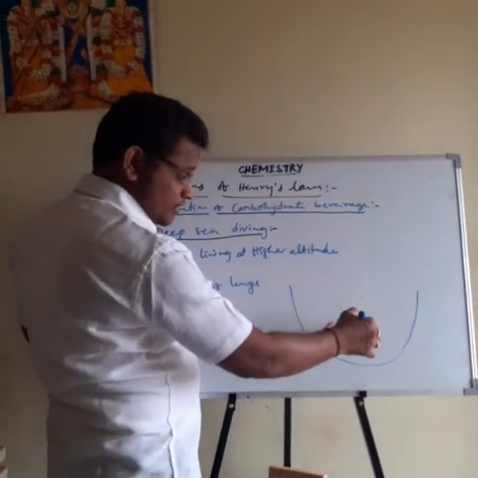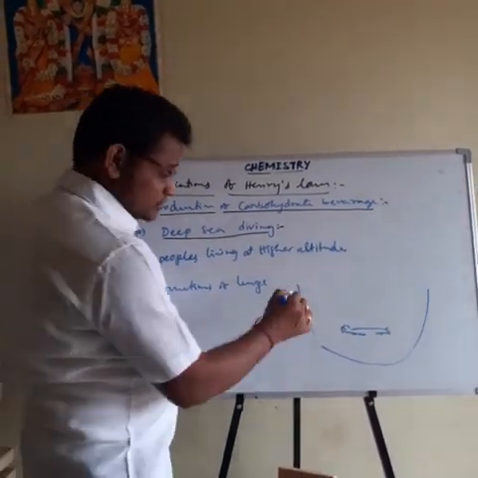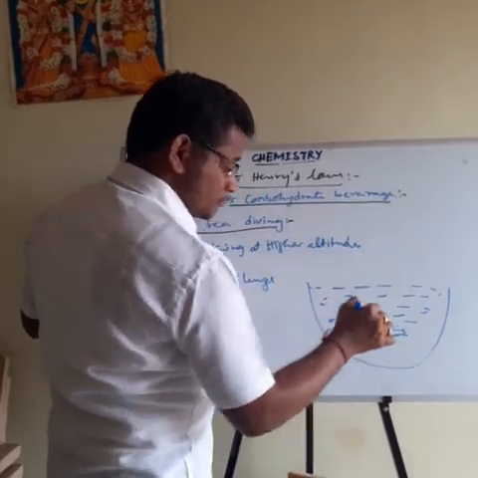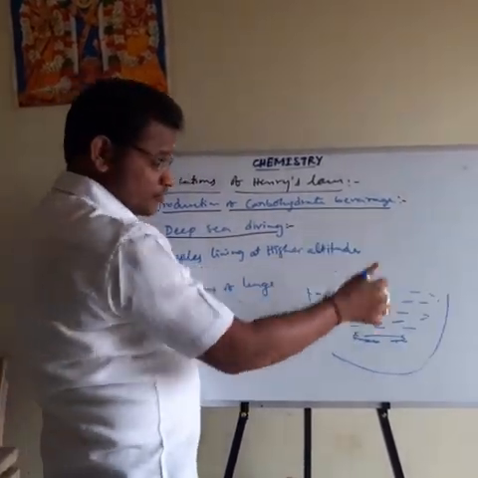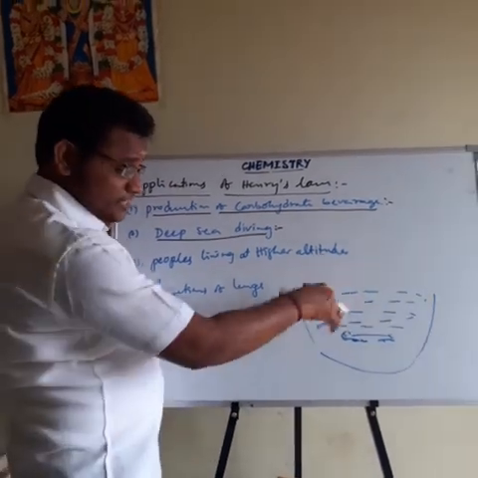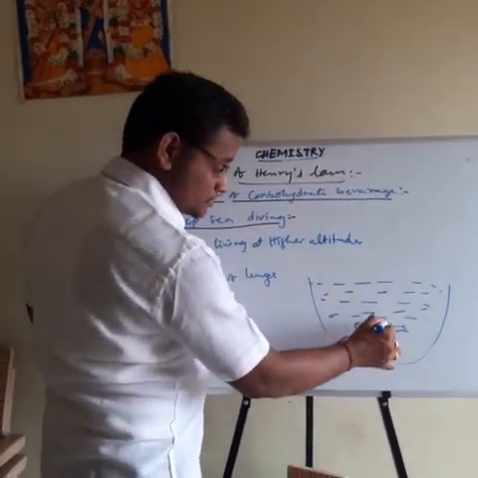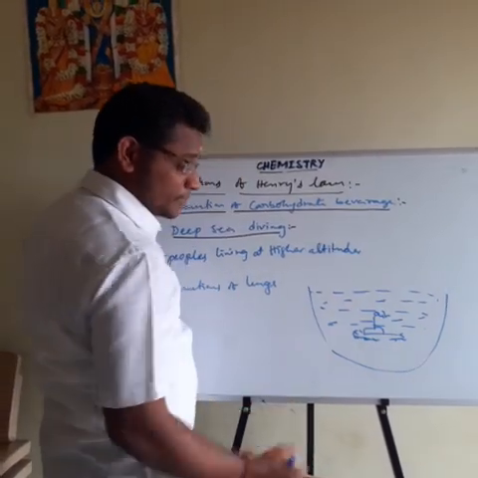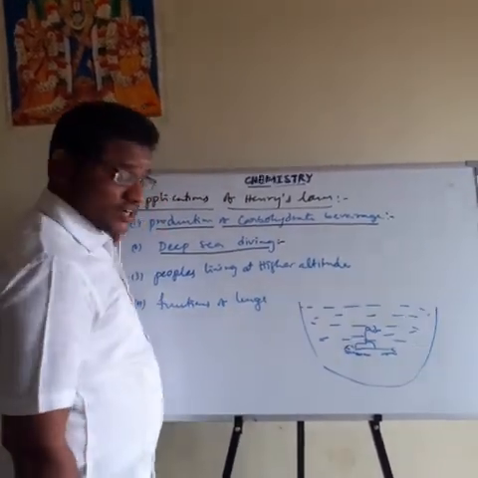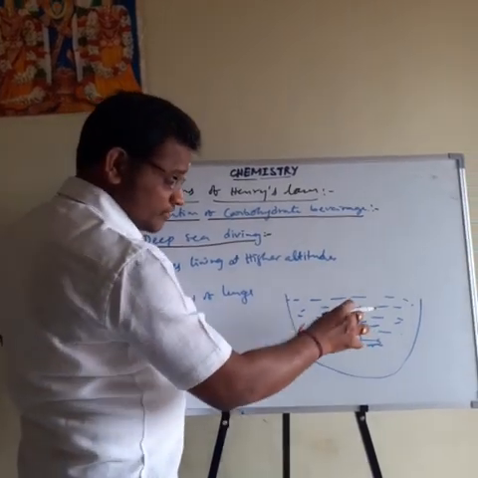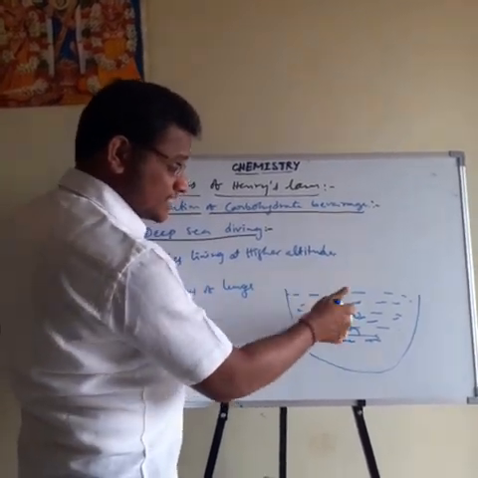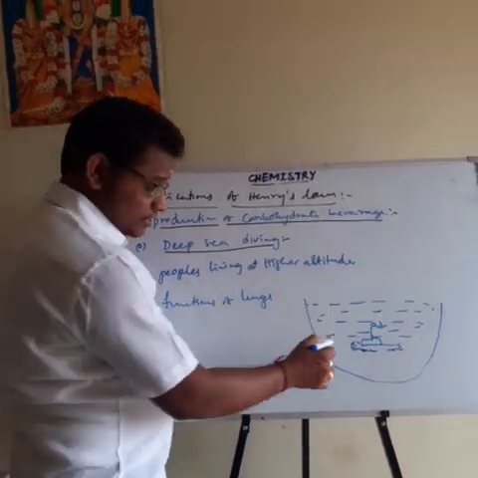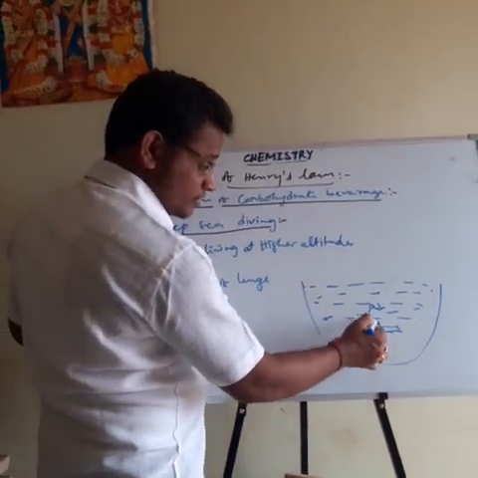Whenever the scuba divers go to the depth of the sea water, the pressure on these persons increases. The pressure is more in these conditions, so the person uses a cylinder. If the cylinder is filled with only air, then what happens? When the person goes to the depth of the sea water, the pressure on that person is increased, and that person takes in the air.